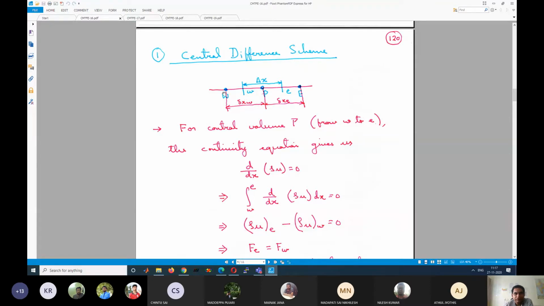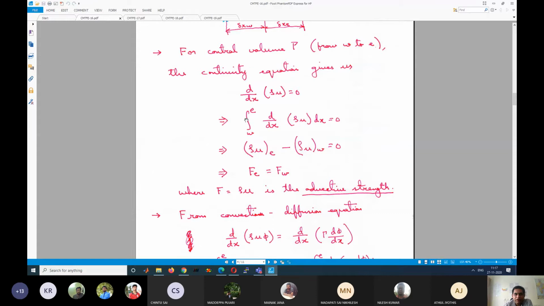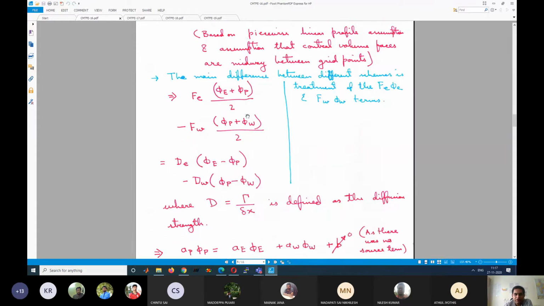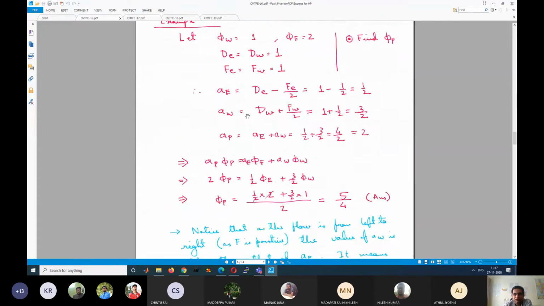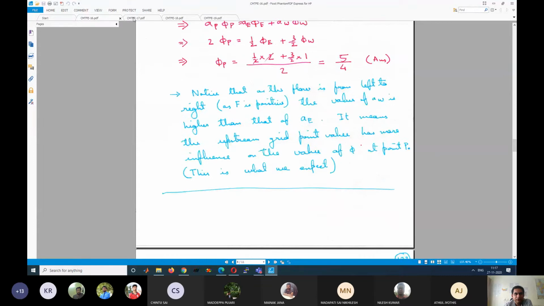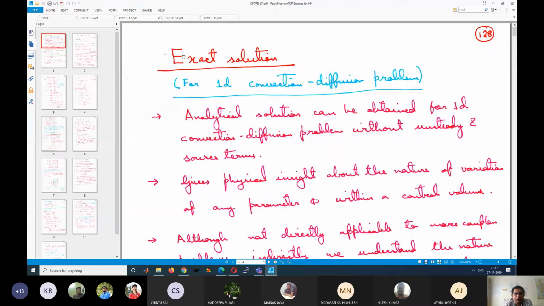Then for the upwind scheme, we specified that the interface value only depends on the direction from which the flow comes. Either it is the value of the left hand side grid point if the flow is from the left, or the value of the right hand side grid point if the flow is from the right. Like this, we have seen one exponential scheme, which actually gives the true, exact value in the case of 1D convection diffusion.